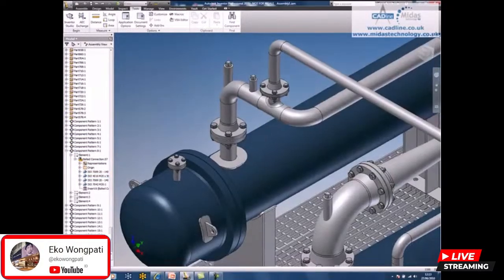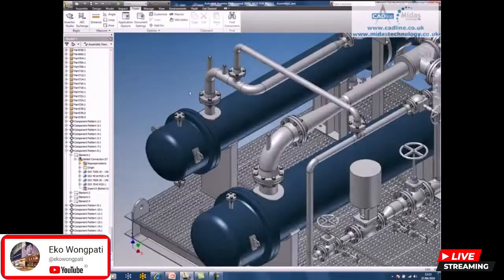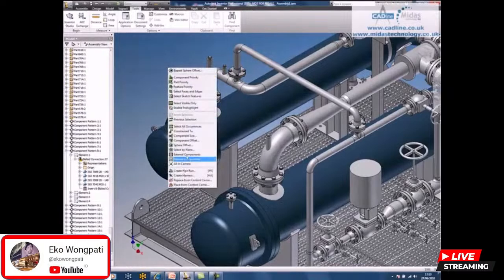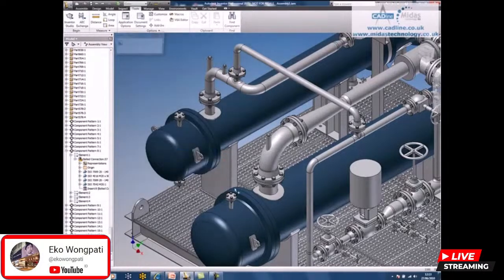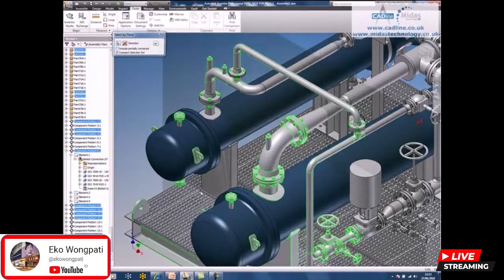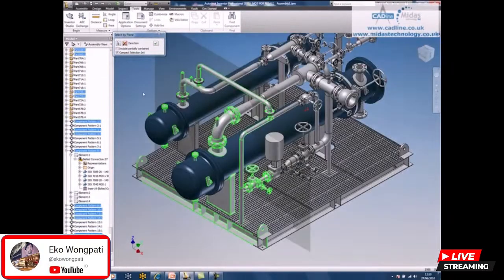One of my favorite ones here, especially when you have a lot of things to pick, is to pick by a selection of a plane. So I could select that plane, and you can see everything within this side of the plane has been selected. It's everything inside, but not